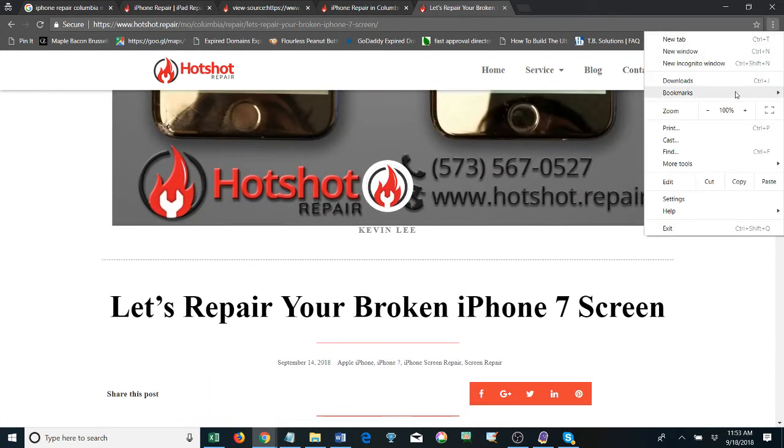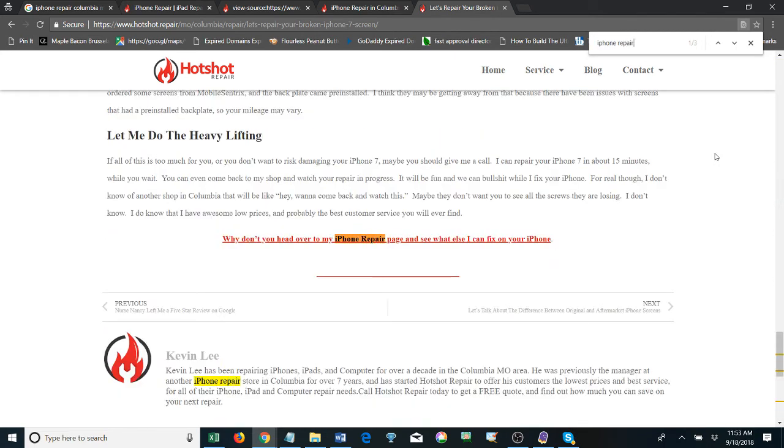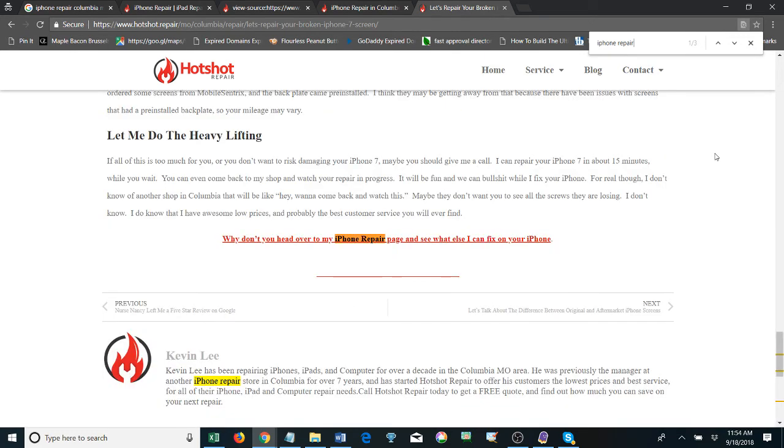I would not repeat iPhone repair a lot of times in here. I would keep that to a minimum if possible, but I know you're repairing an iPhone, so it's kind of hard to talk about repairing an iPhone and not saying, let me repair your iPhone. You could use other forms of the word. You're fixing an iPhone, you're fixing a cracked screen on an iPhone, that type of thing. So it looks like your iPhone repair terms actually isn't even bad. You managed to write your entire piece of content without using iPhone repair, so that's actually pretty good.